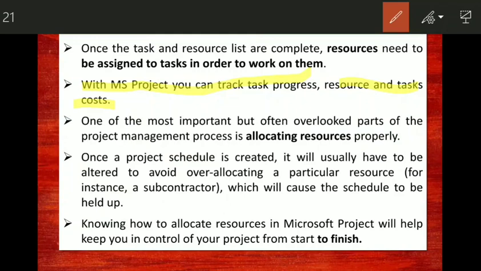One of the most important but often overlooked parts is over allocation of the resource. So this is one of the major things wherein we make a mistake. Now suppose 10 labors are available and you allocate the labors beyond 10 in number, that is 10 labors 8 hours per day, and maybe for the duration or the work hours, or maybe for the start to start activity, if you give the labors both ways, it will show as labor over allocation.